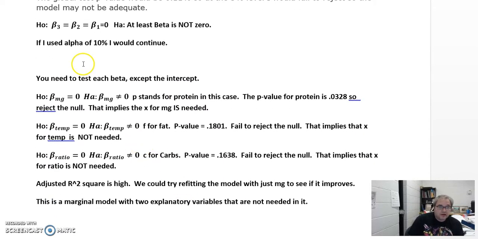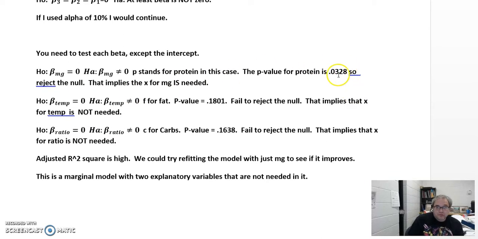Okay, so here I actually did the abbreviations, which is what you should always do. I have my 3 different variables I'm testing. I have the p-values written out. 0.03, so 3%, I would reject. That implies that mg is needed. 18%, that's pretty high. I'd fail to reject. 16%, that's pretty high. I'd fail to reject. So that gives me evidence that I don't really need either temperature or